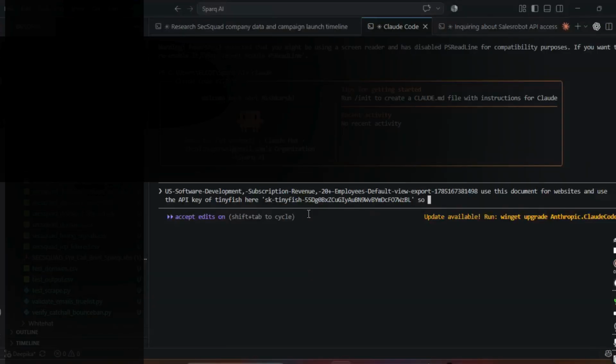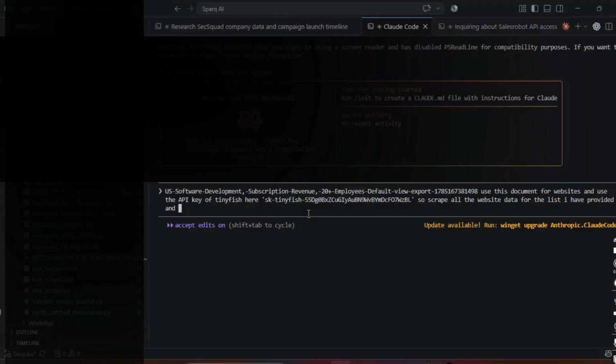I'm asking it to scrape all the website data for the list I have provided using the Tinyfish API key, and then let Claude Code read the documentation of Tinyfish so that it understands how it works for free.